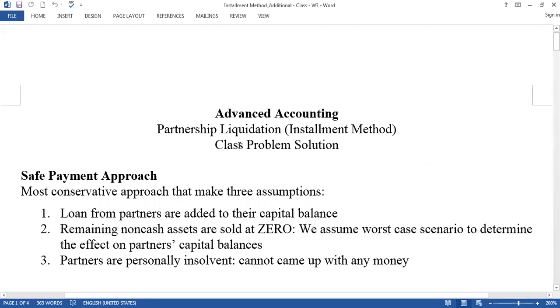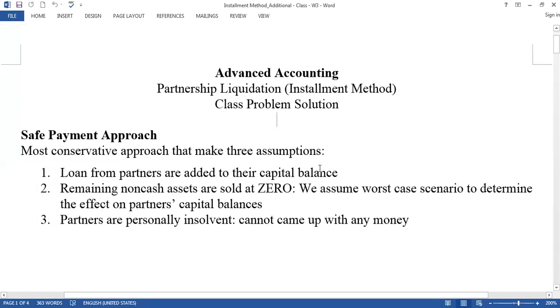So today we are going to solve one additional question from the installment method. This is quite difficult, so I decided to explain another question from this topic. You know that if we want to solve this method, then we should